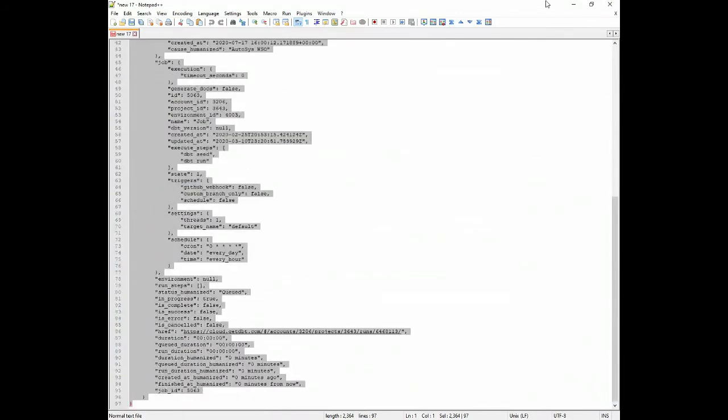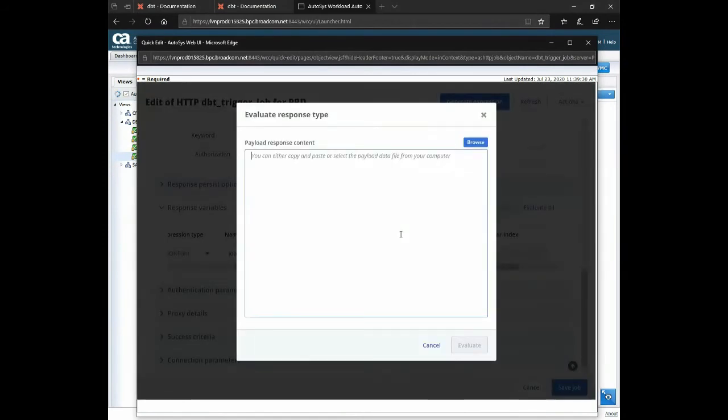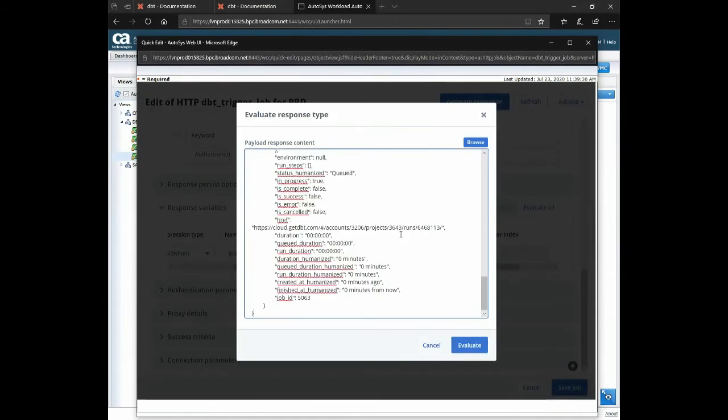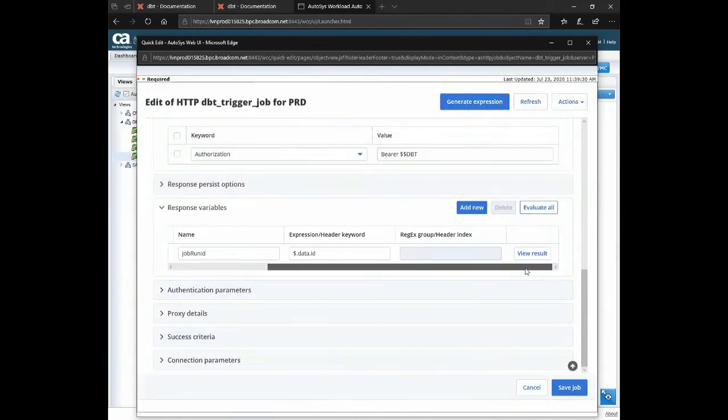So I'm going to copy the sample JSON here, and I'm going to hit the Evaluate All button and paste the JSON data into this, and hit the evaluate button. So what this does now is it allows me to use this button over here to view the results, which will actually evaluate this JSON path expression against the data that I just entered and show the result. And here you see the value,